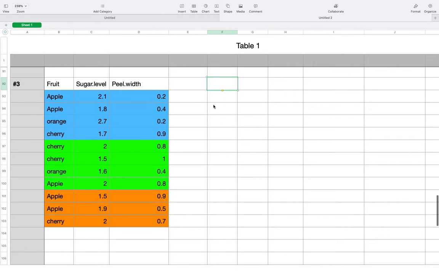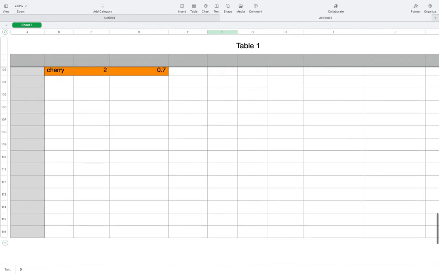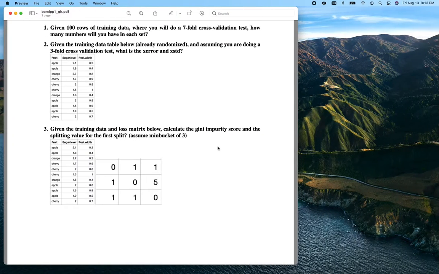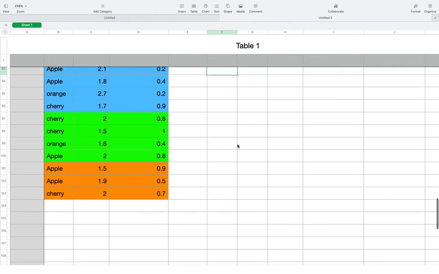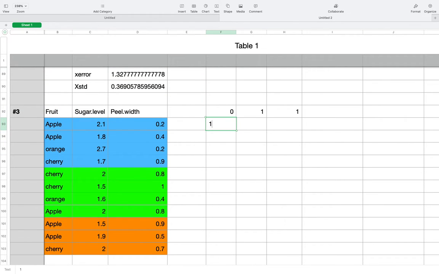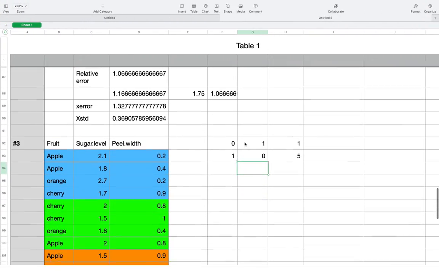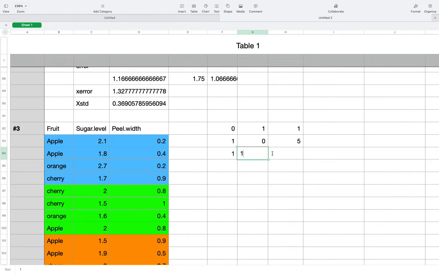Where do I put it? So I'll put it here. 0, 1, 1. Oops. 1, 0, 5. And like one there. 1, 1, 0. All right, so if you want to interpret it,